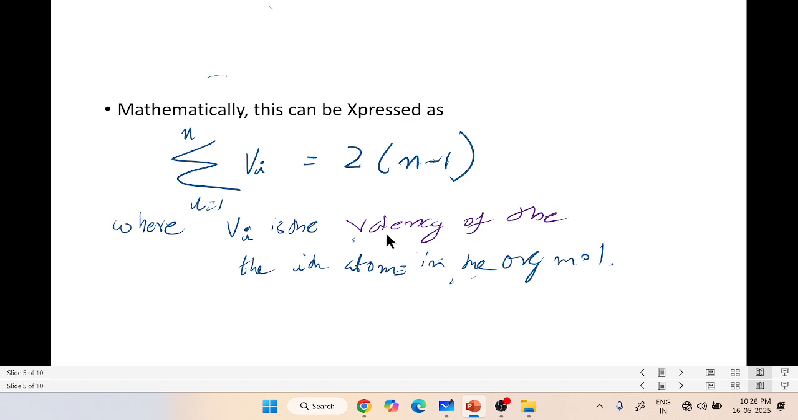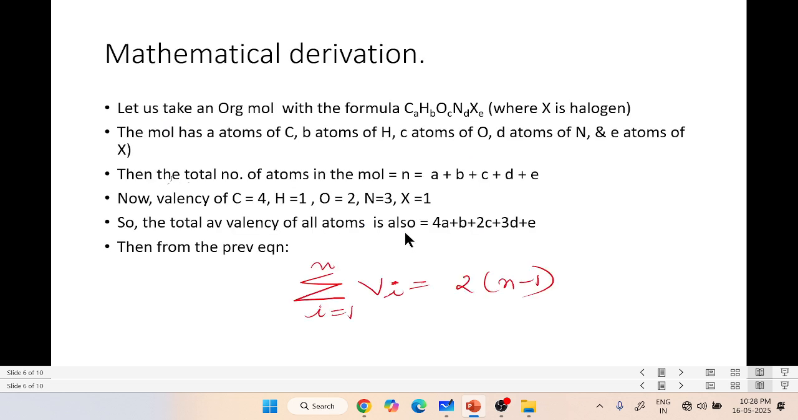So already, Vi is the valency of the ith atom in the organic molecule. Okay, so now let us mathematically derive the formula for index of hydrogen deficiency, or DU. So let us take an organic molecule with the formula